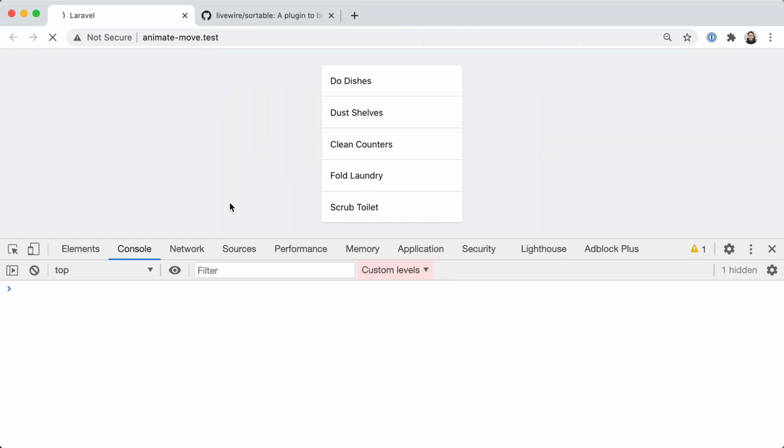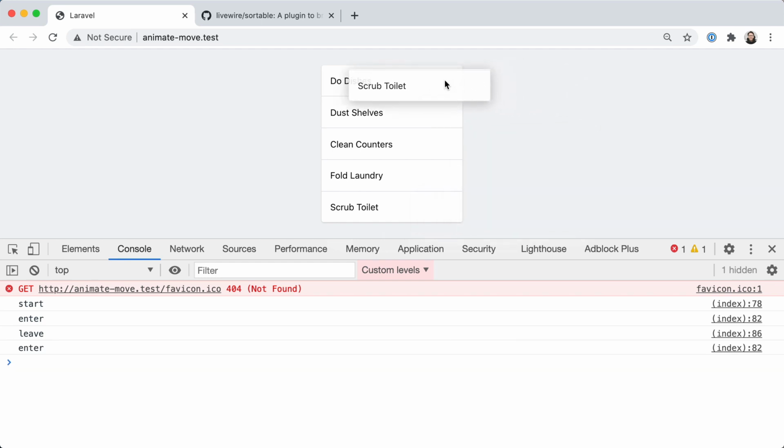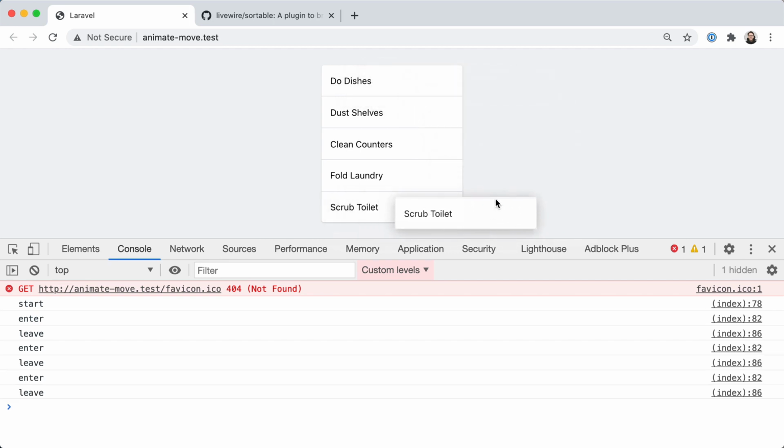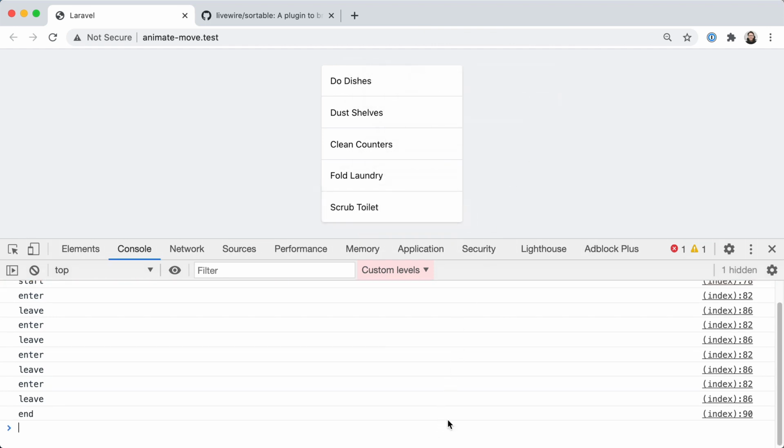Okay, cool. So I have the start and I have an enter because if you think about it, every element has all these listeners. So I've started this one and I've entered into this one. If I drag away, it's going to leave, okay? Now if I enter this other one, because this one has an enter listener, it's going to fire that enter. And if I leave, it's going to fire that leave. Okay, so we're going to use enter and leave right now to actually, before we even add any fun styling,